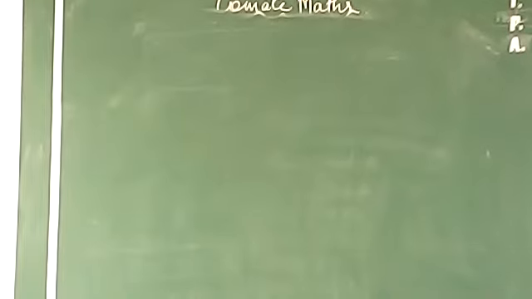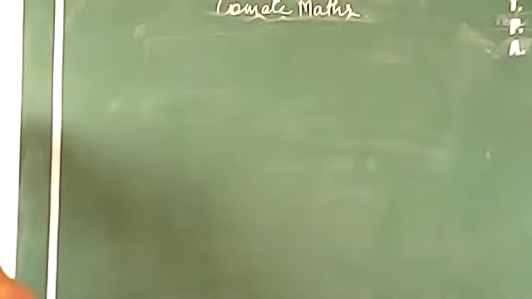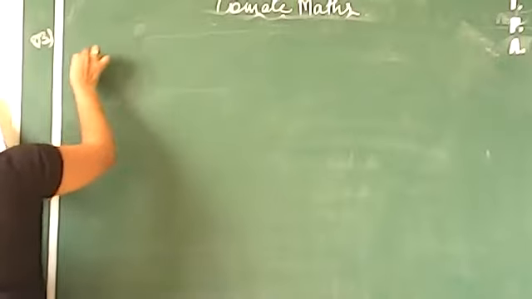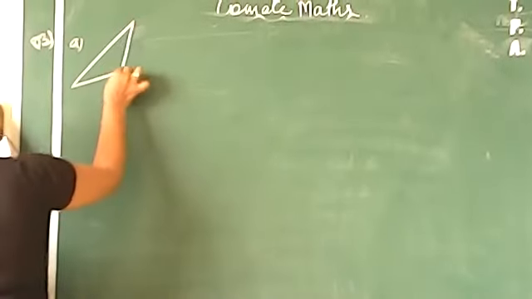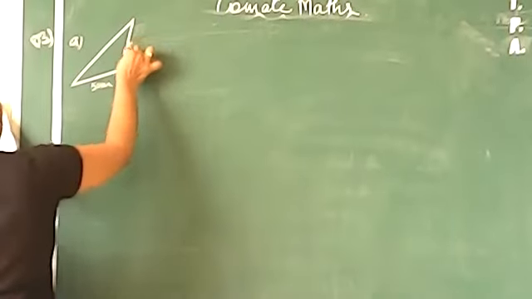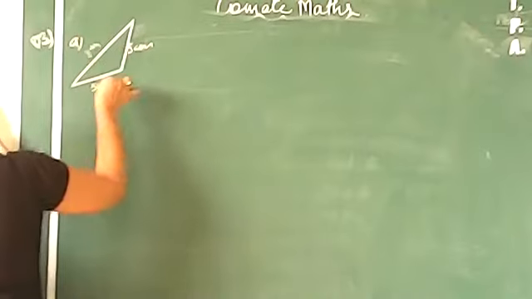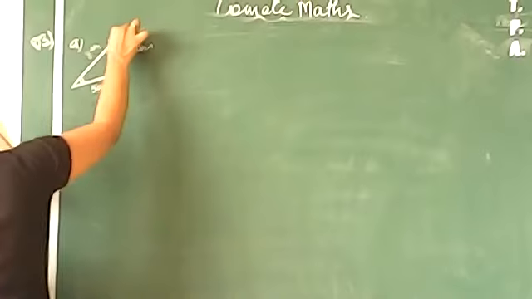Now next question. Question number next is, you have to identify which triangle this is, and you have to write down the name in 2 different ways. So this is all about question number 3. The first figure is like this. This is 5. This is 5. And this is 8. And this is small one. This is obtuse angled triangle. And these two are equal.